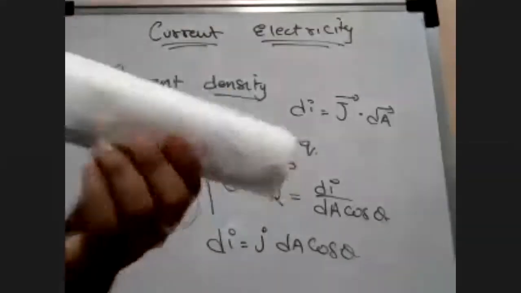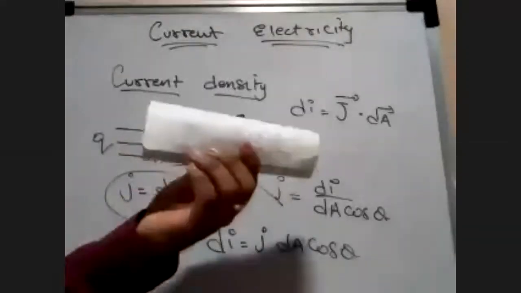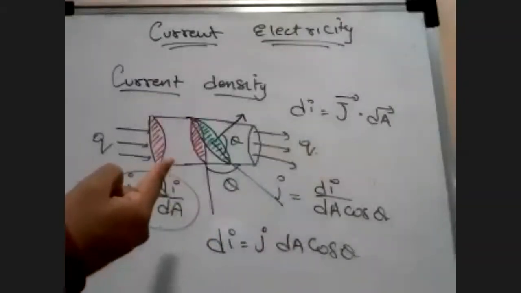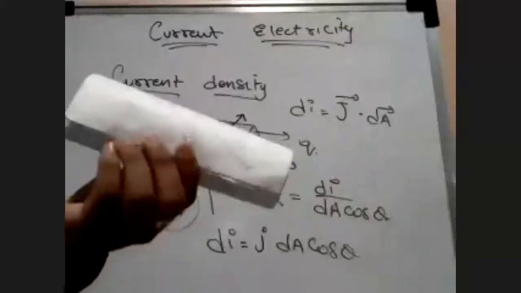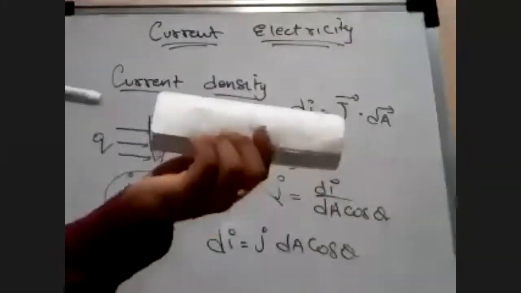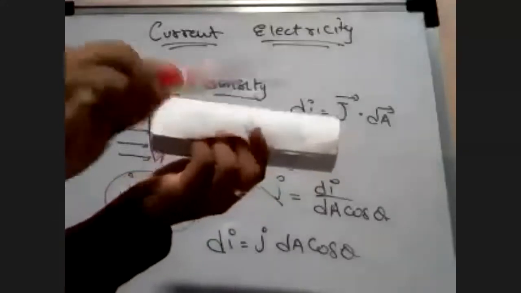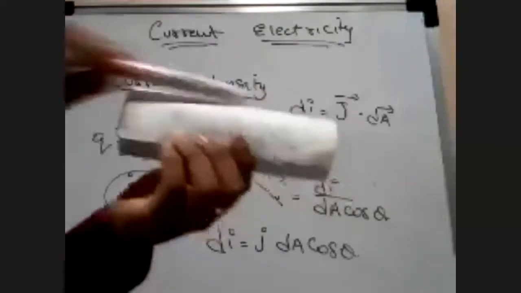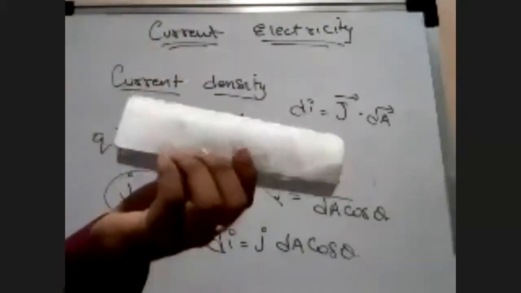Consider this to be a conductor. It's just a conductor. Now, this is what I showed you over here. You can see this conductor, exactly the same thing. Now I'm saying that the electrons are passing like this, through the conductor inside, everywhere inside, outside, everywhere in the conductor, the electrons are passing.